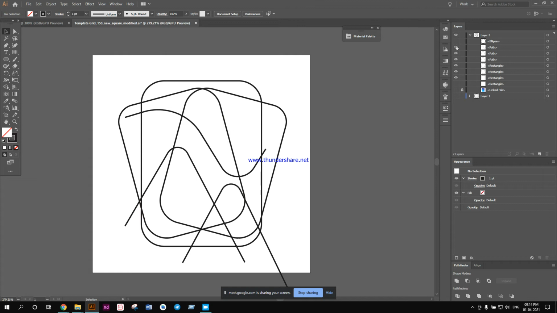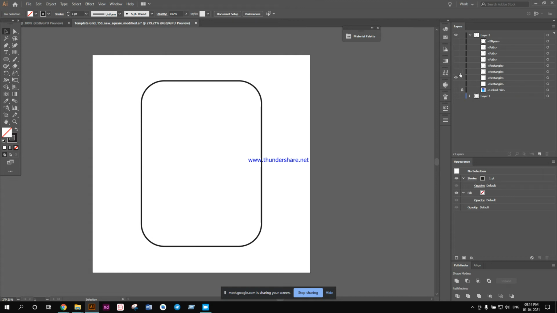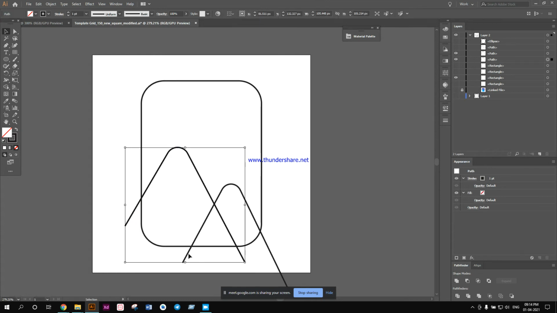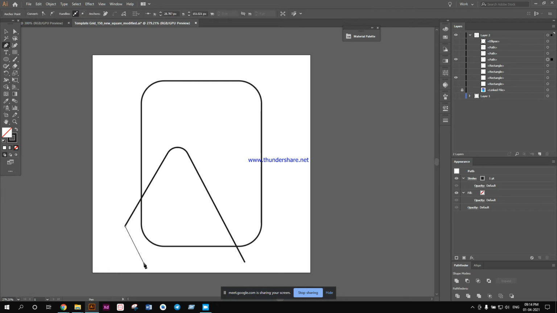Now I'm just going to hide everything for now because I want to work with the foreground. I have these two mountains that I need to cut out from this square. I can make a shape, then cut it out, because if the ends are not bounded, you cannot use this property. This is called intersect. I already told you the minus front part, and I will now tell you about the intersect part. But for these tools to work, you need the ends to be connected. For this one the end is not connected, so I am going to go to the pen tool and join this. Now I have two objects.